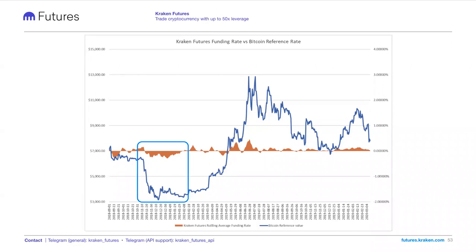So in periods where the market tends to be bearish, this was 2018 when the price was going down to about 3,500, the funding rate was negative on average, which means that the price of the futures contract was falling below the spot price. And the system was trying to encourage the price up. So it was charging people a little bit more to be short and paying that fee to the longs. In periods where the market is bullish, the funding rate will tend to be positive because the futures contract price will be trading at a slight premium to the spot market, and the system will be trying to disincentivize people from being long and slightly incentivize them to be short.